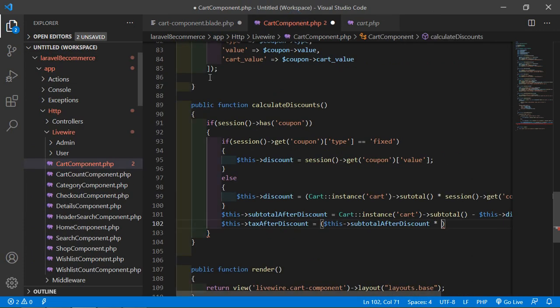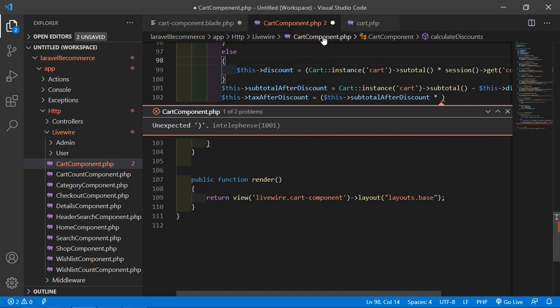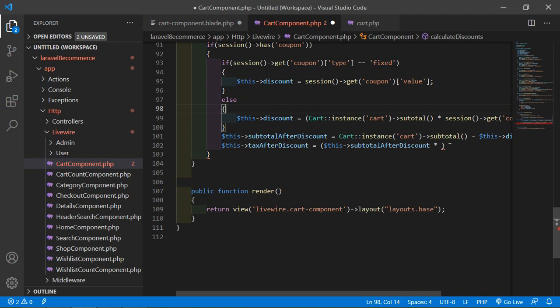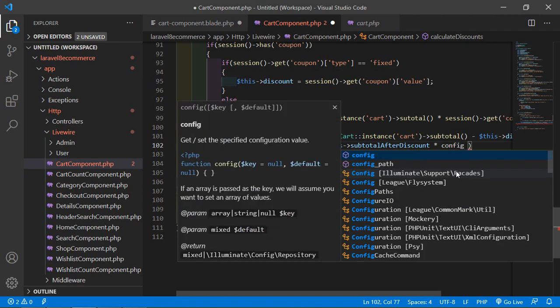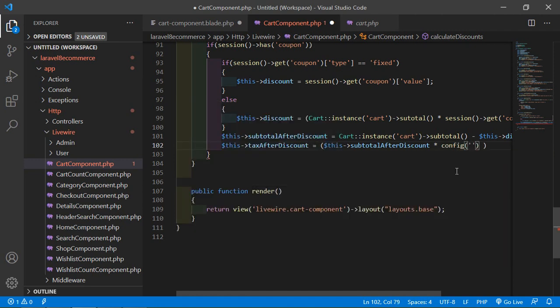And now inside this method just write for accessing the tax from the config file, config, and inside this file name which is cart.tax.